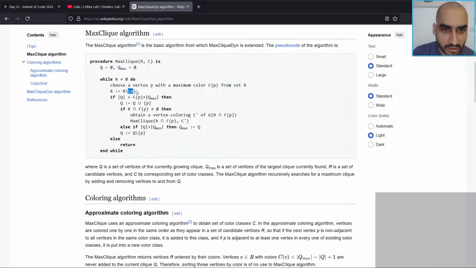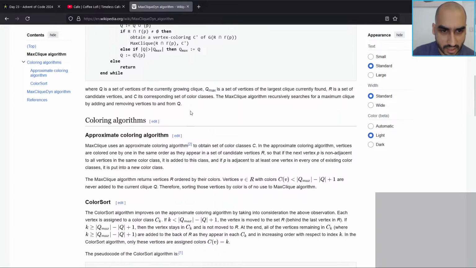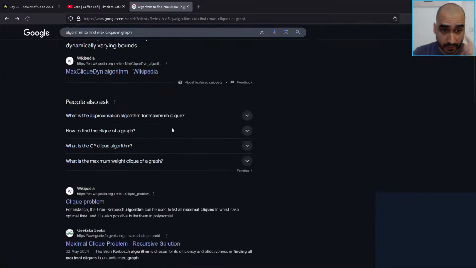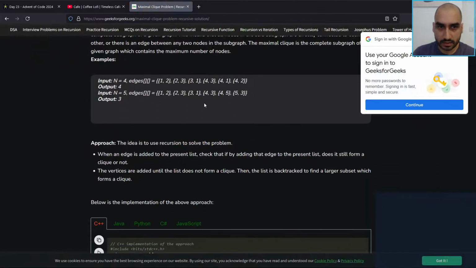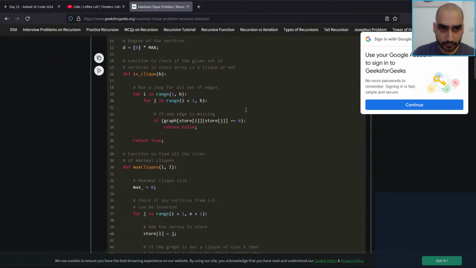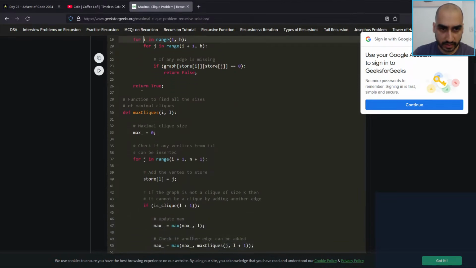Remove P arbitrarily. I don't think this is quite what I did. Uses coloring. It's not quite what I'm... GeeksforGeeks. I think they're doing a